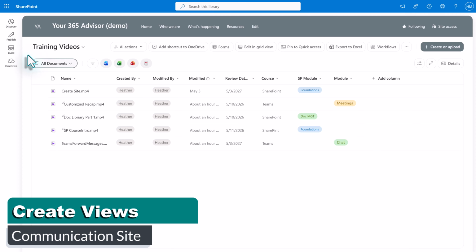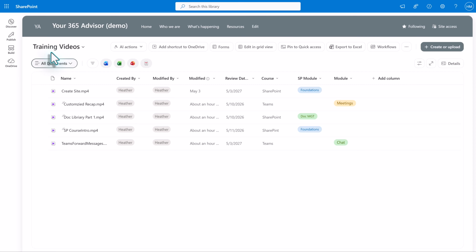In the last lesson, we created a training videos document library and then created a few columns to track metadata to organize the video files. The one thing I want to point out here is as you create your columns, it's important to use succinct but unique names. So in this example, I have different modules for the different courses. For SharePoint, I did a good job by putting SP for SharePoint in front of it, but the other one